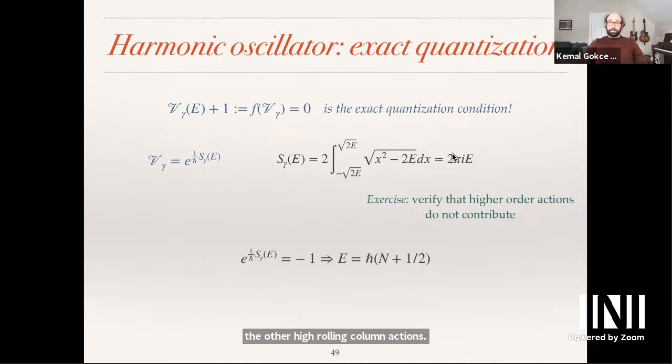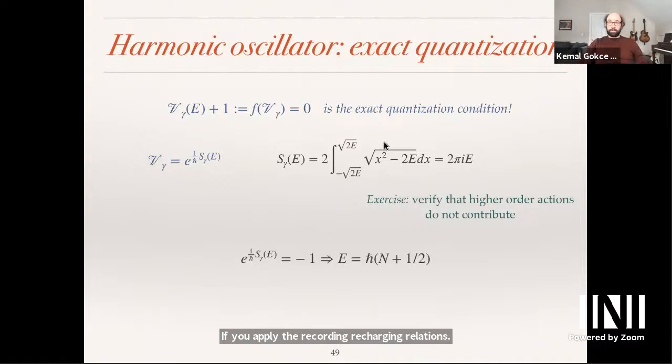So this is an exercise that you can do to verify that higher order actions for the harmonic oscillator do not contribute to this. One way to see that is if you write down the higher order actions, because we know the integrand, and the higher order actions are generated by, so this is my square root of 2 here. And if you apply the Riccati recursion relations,